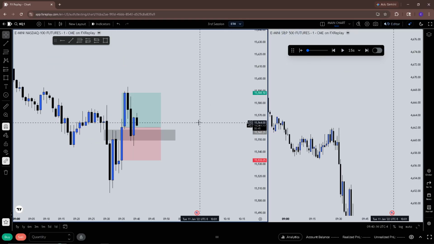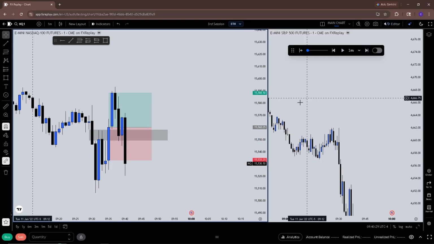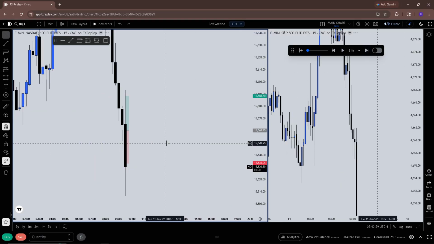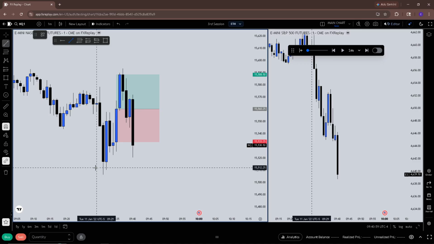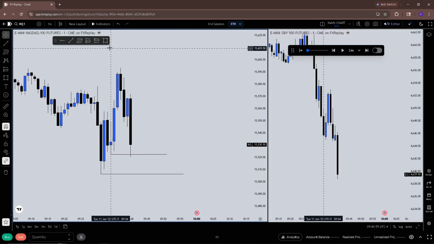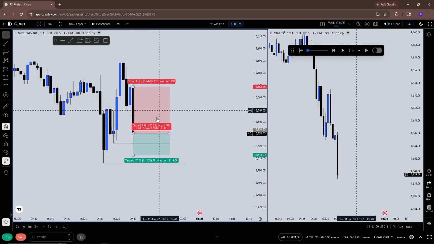How we're delivering out of a 15-minute. Flip my bias here. Gave us a good short setup, to be honest.